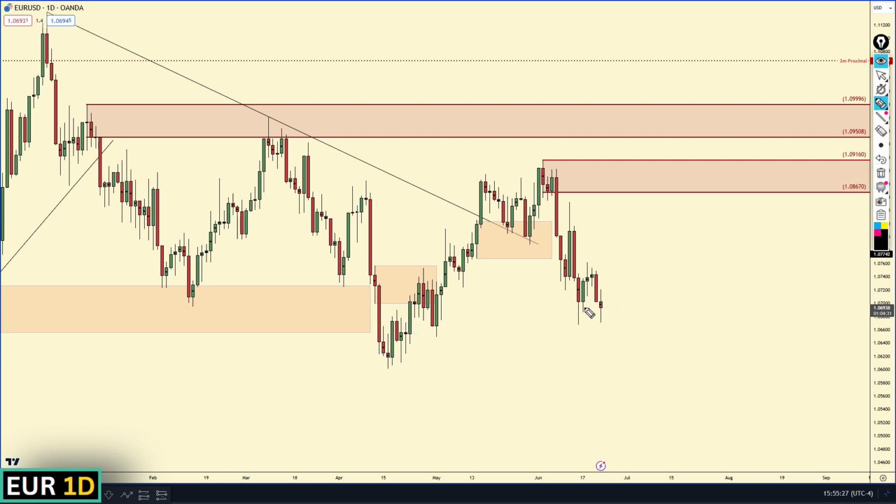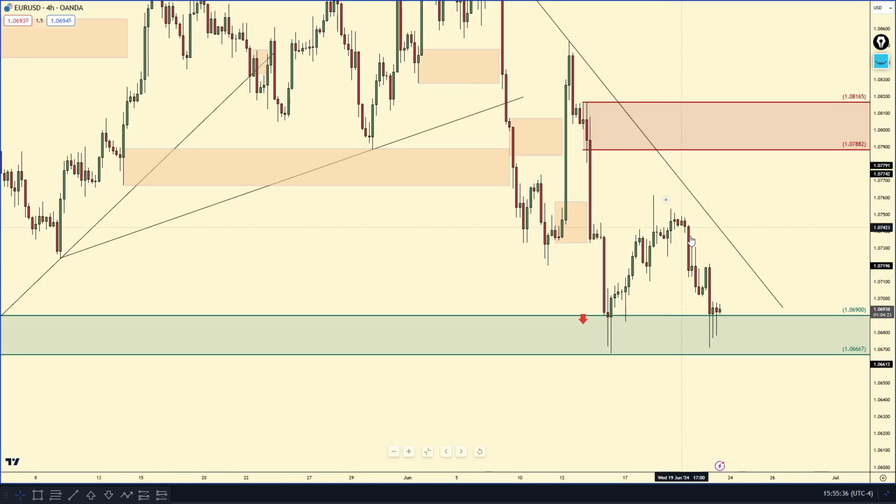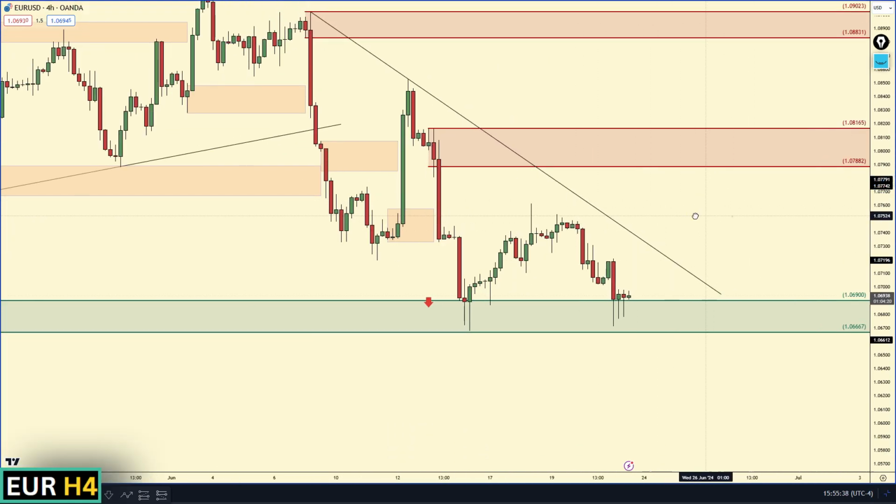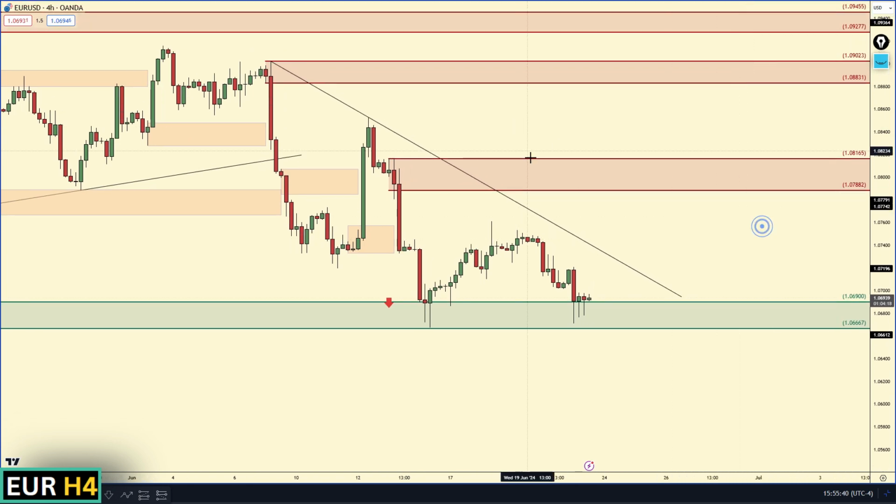So yeah, of course, just like we've seen a couple days ago, we did see some strength in the euro. We could see it again, but ultimately, I am thinking we will be continuing to go down. And why do I think that? Well, because of this 4-hour trend to the downside. So as long as this 4-hour downward trend line is holding, I think it's fine to look for day trading